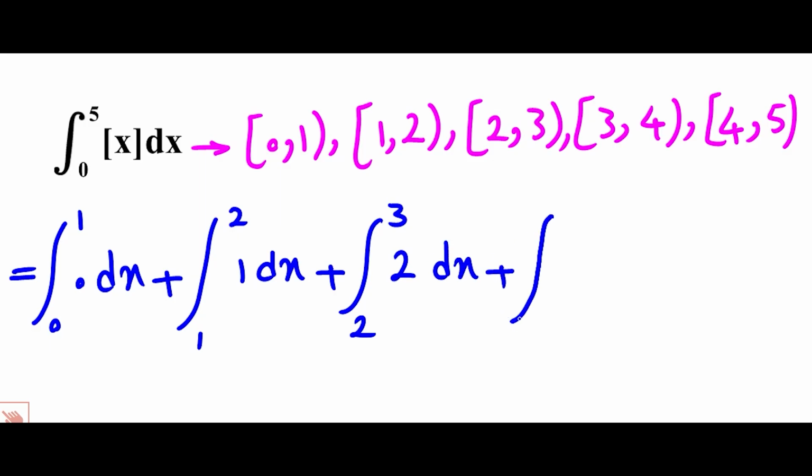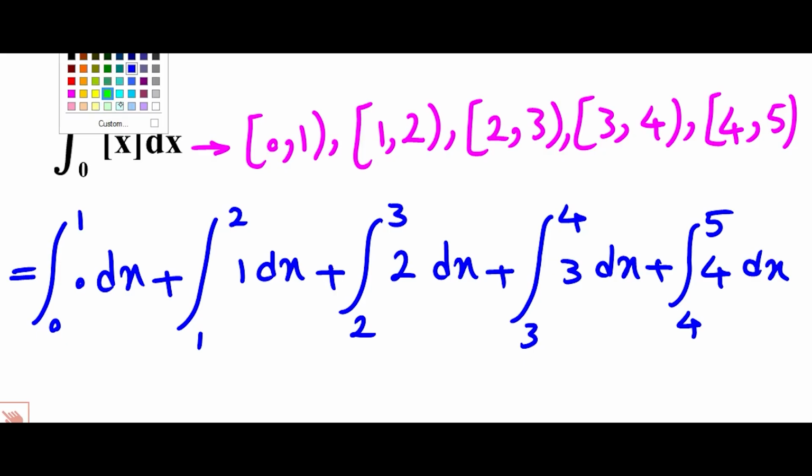The integral from 3 to 4: on the interval from 3 to 4, the floor of x is 3, dx, plus the integral from 4 to 5. On the interval from 4 to 5, the floor of x equals 4